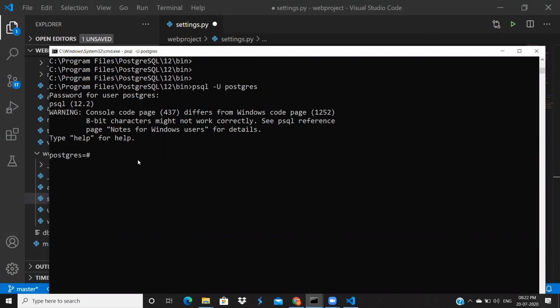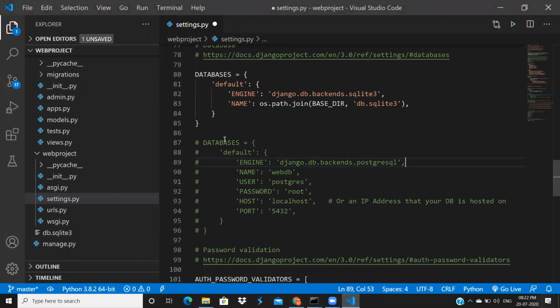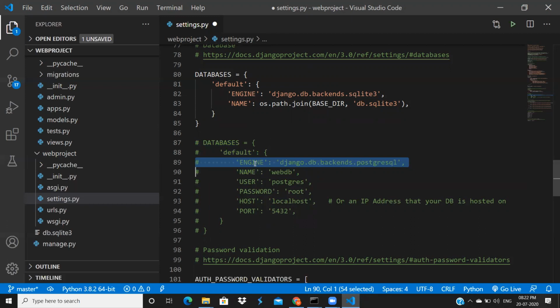One thing, if you observe here, these are the settings for Postgres or MySQL or Oracle. These settings are the same. One thing will change here: the database engine. For MySQL, django.db.backends.mysql will be there. Whatever we kept for PostgreSQL here, for MySQL you will keep MySQL, and for Oracle you will keep Oracle here.